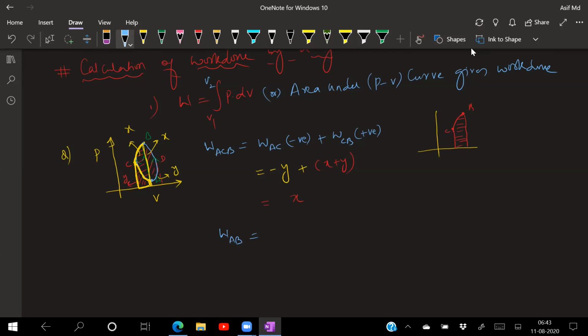A to B. Where is A? This one is your A. Directly I'm going. Volume is remaining constant, isn't it? So what will be the work done at a time? 0. Because initial volume and final volume will be same, na? Change in volume if I'm writing that will become for me 0.